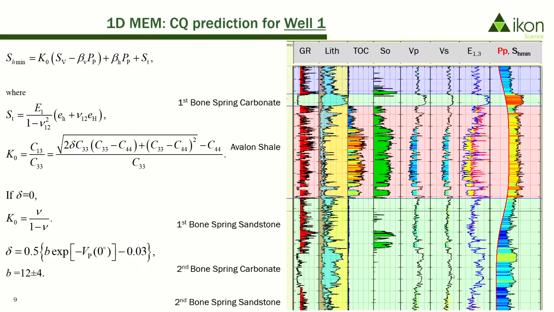And that's why you see a least horizontal principal stress profile such as what we are showing here in this slide. What's the most important thing as far as conventional reservoirs, which are in the Bone Spring, the sandstones and carbonates, is that you can see that the Bone Spring sandstones typically show stress lows, while the carbonates show stress highs. So what it means is that